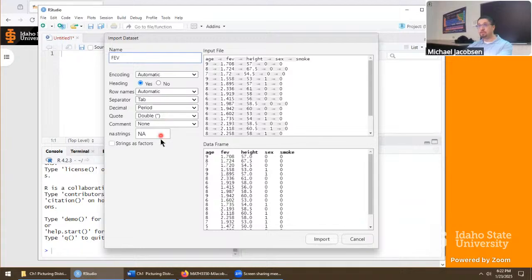There's a whole bunch of options right here, but everything is really all ready to go on the files that I'm sharing, as long as you see everything here in bold. So these are the variables that we're recording, and I'm pretty sure every file that I share is just automatically set up so that all you have to do is click on import. If that's ever a problem, let me know right away, and I'll look into what's causing the trouble.